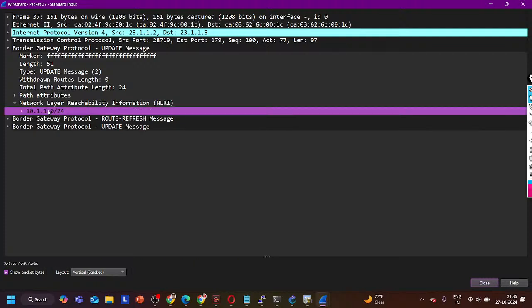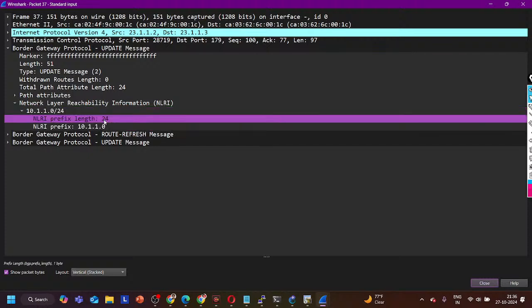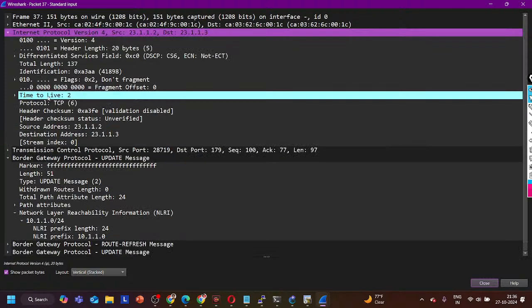This is the subnet 10.1.1.0. Router 2 is sending it, and the TTL value is also